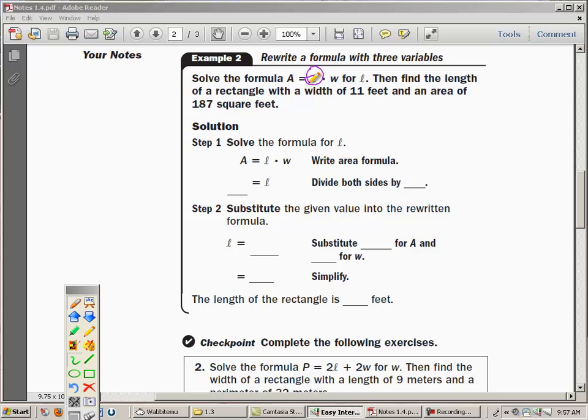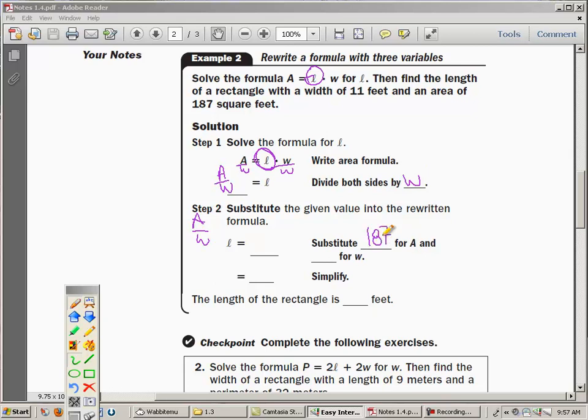So the first thing we're going to do is write the formula. We're trying to get L all by itself, so we're going to get rid of multiplying that by dividing both sides by W. So you get A divided by W is equal to the length. So my formula is now rewritten as A divided by W. We already have it's A over W. And we're going to substitute in